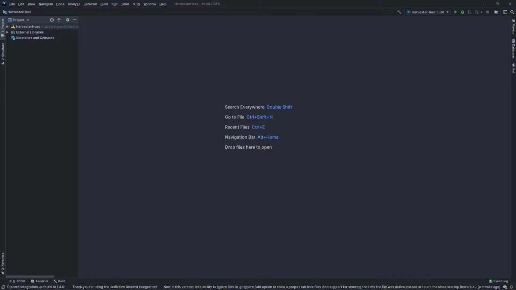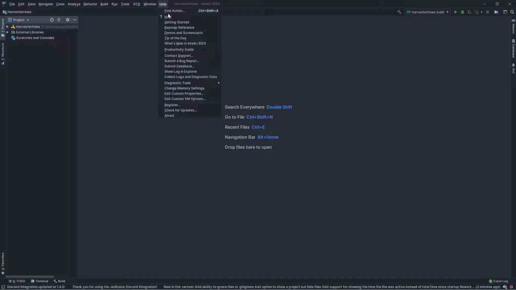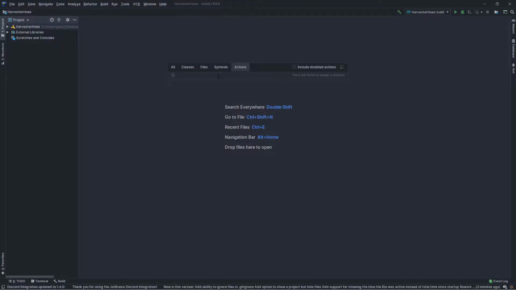So we're actually going to be using IntelliJ for this. You can download the Community Edition, or you can register on GitHub Student Pack, and then get the free Premium Edition. So what we're going to do is we're going to go to Help. We're going to go to Find Action, search Plugins,